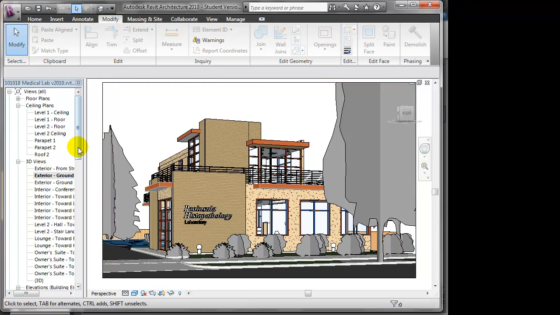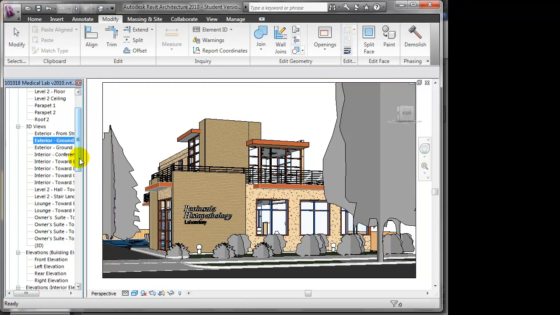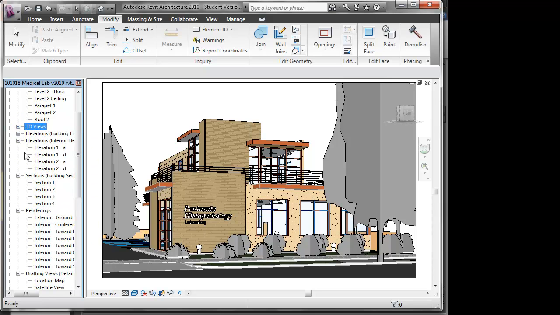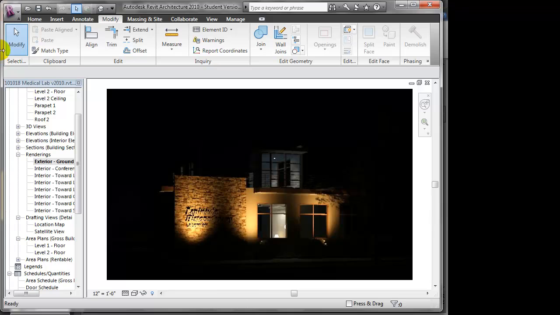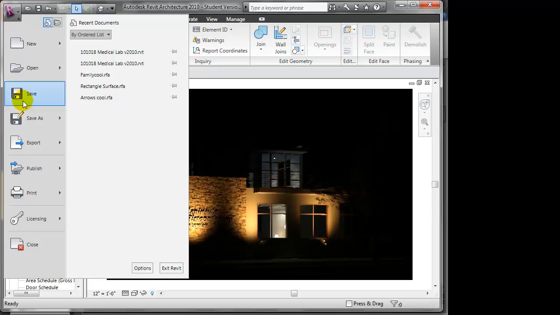You can also export your renderings into images. The way to do that is go ahead under the renderings category and pick up what you want to export. Okay, I want this one. And I think it looks pretty cool, and I want to export it and make a poster out of it. So go ahead and say export